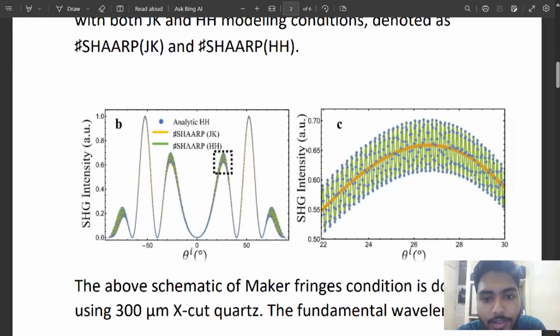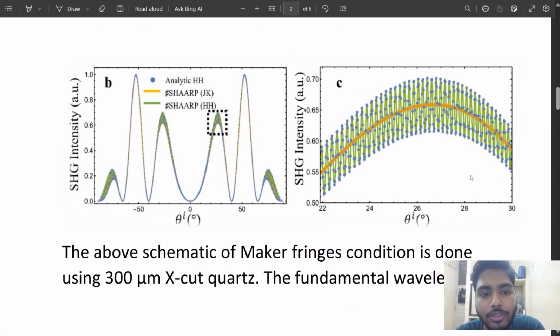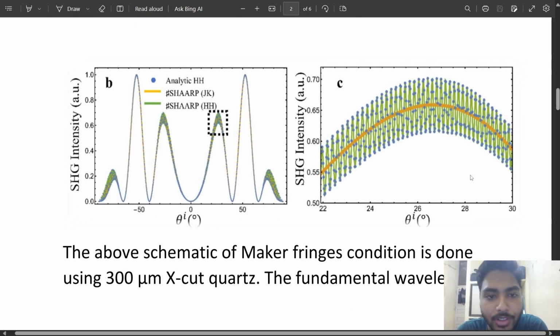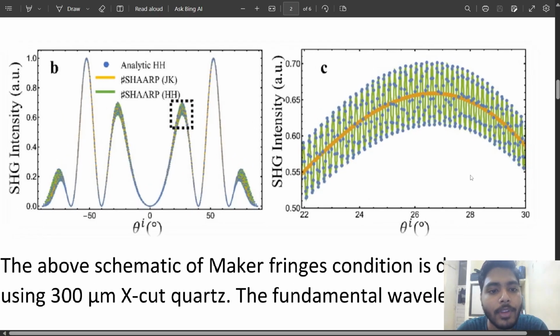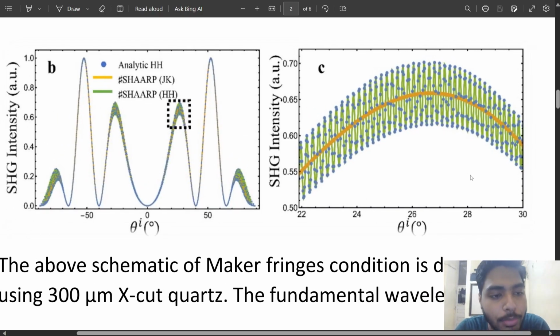So here is the main graph. Here are three graphs generally colored in three different colors. One is analytical HH, another is SARP-JK, and the third is SARP-HH. So what does it mean? This analytical HH means this blue graph was plotted